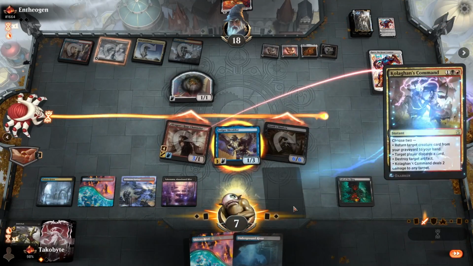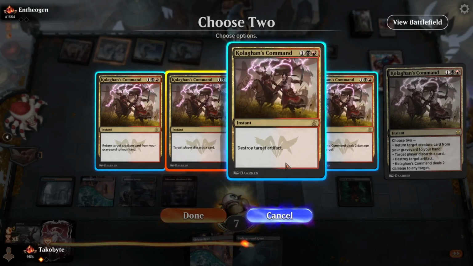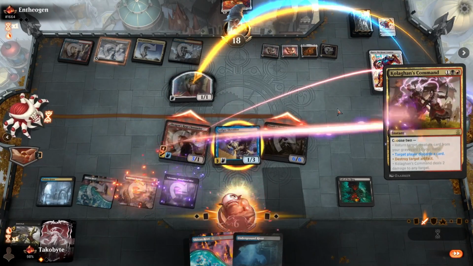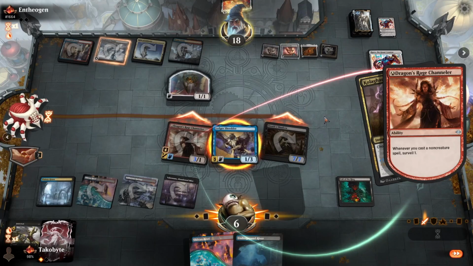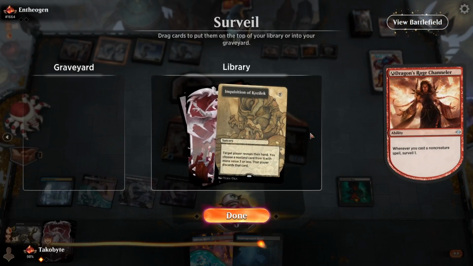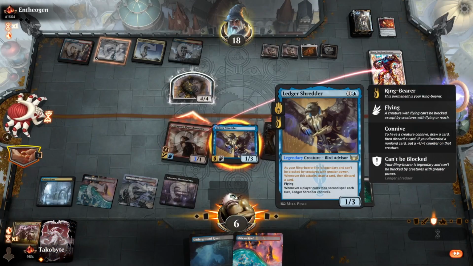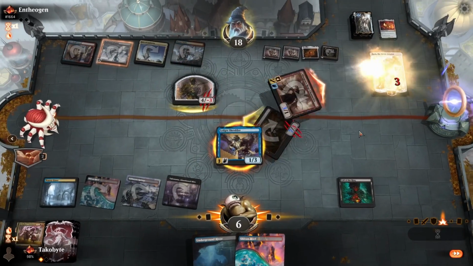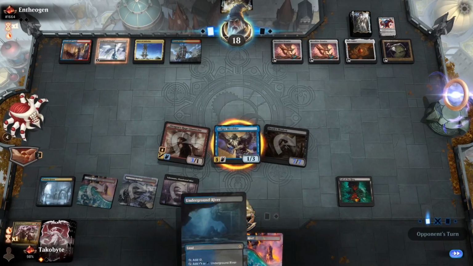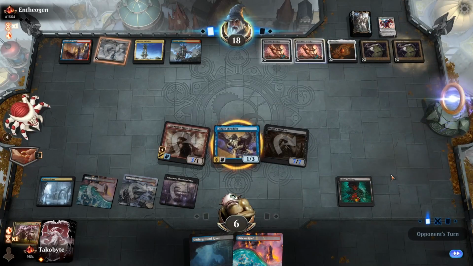Wait a minute. Discard, destroy an artifact. And then we have a blocker for their 4/4. Not sure if they're gonna attack with it, but... Also, I made a mistake putting the ring bearer on this. Oh, thank god they blocked, actually. The retrofitters are going insane right now, so...